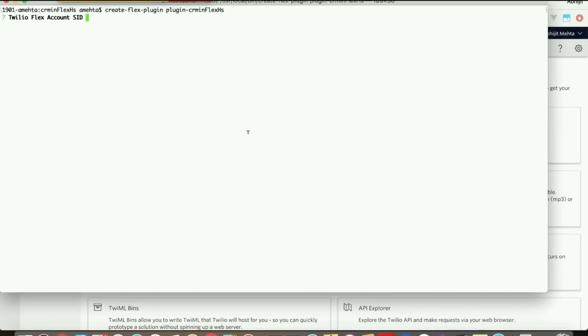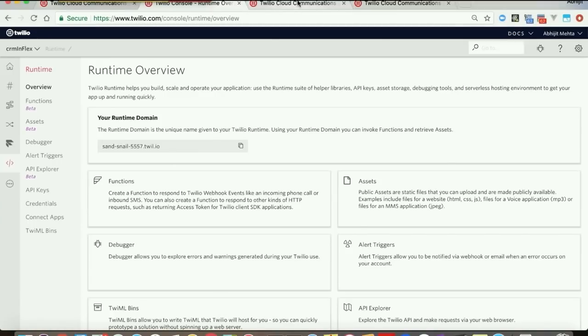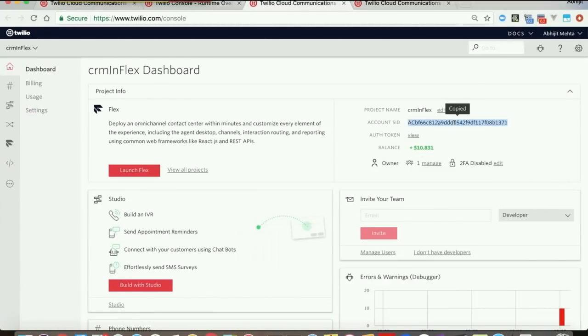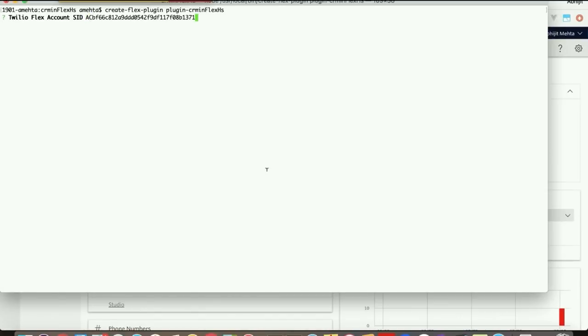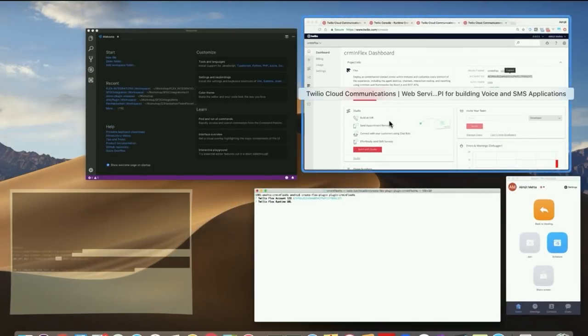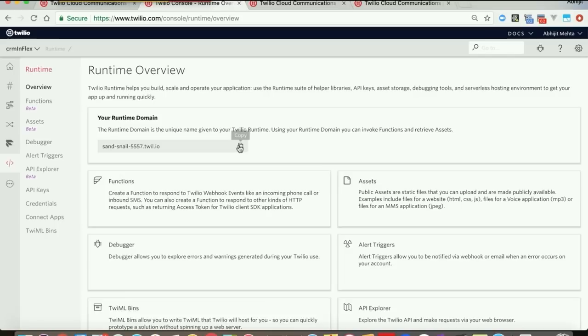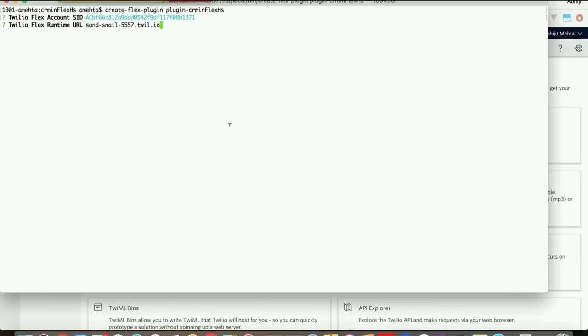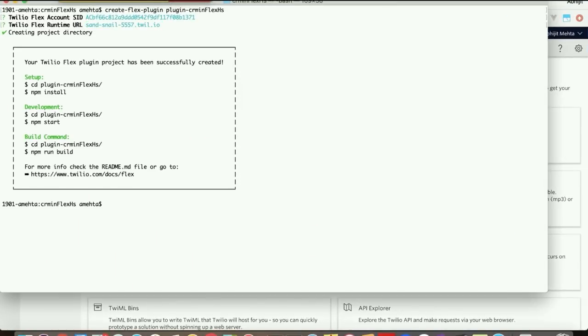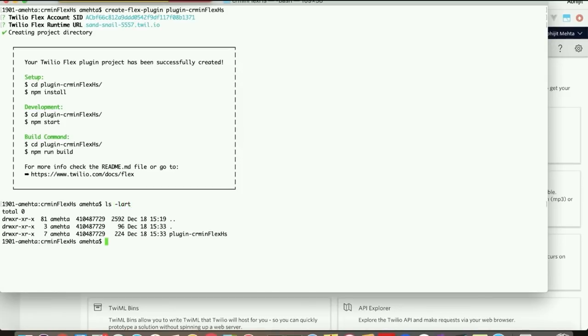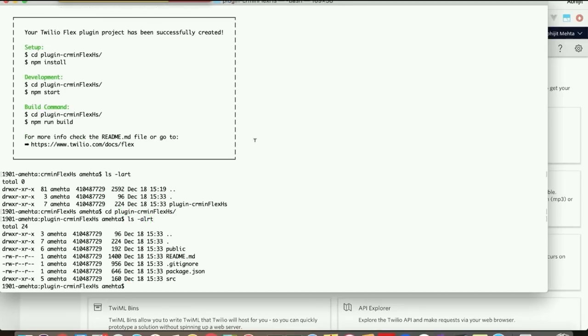At this point, it will also ask you for a couple of pieces of information from your account. So let's go and grab that. Here is the account SID. You could go and similarly find the Flex runtime environment. Let's fill that in, and at this point you would see that the application has been scaffolded for you. If you want to go further to see what the structure of this code is, you'll see there is a source directory and some public assets. Let's open this in